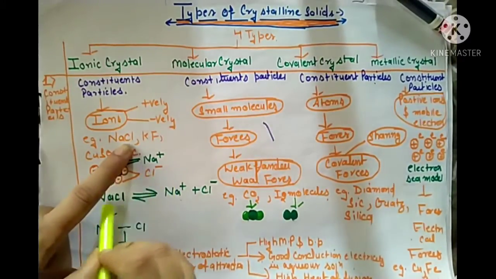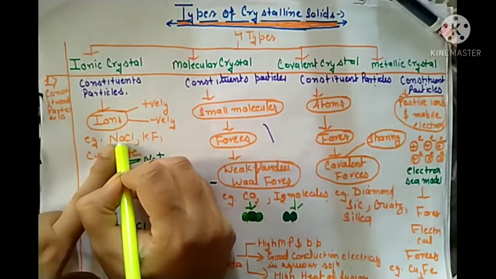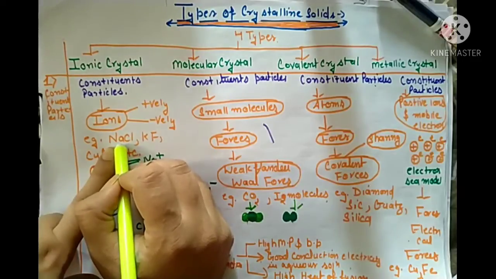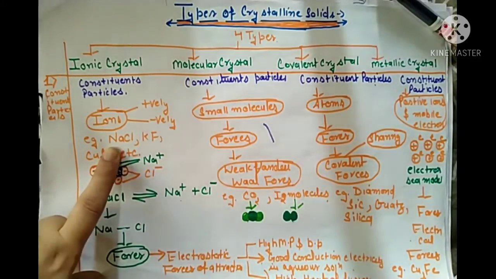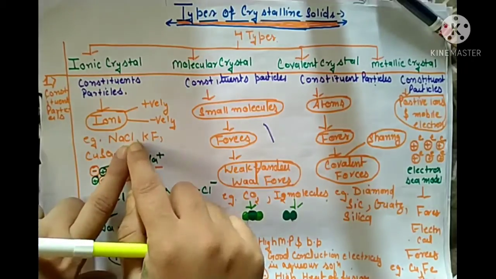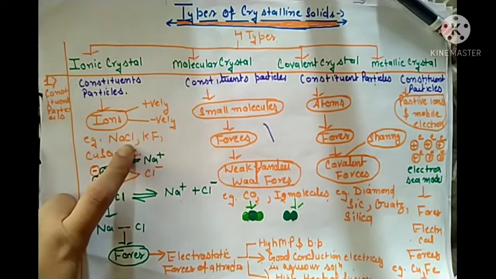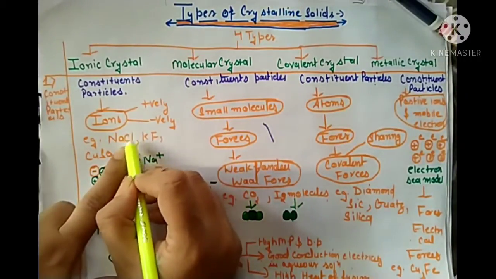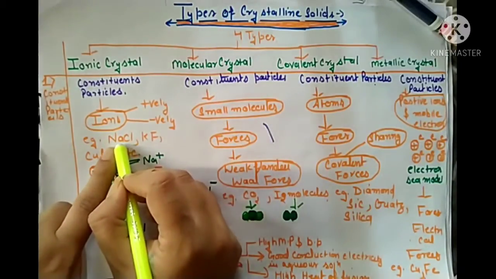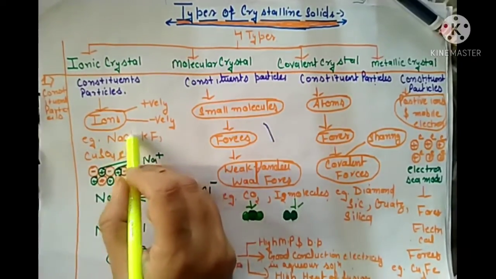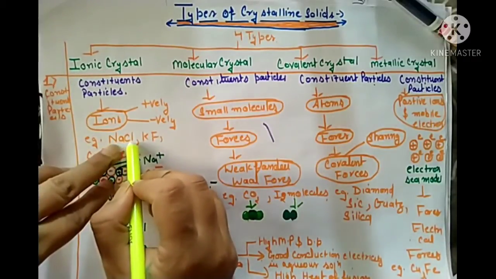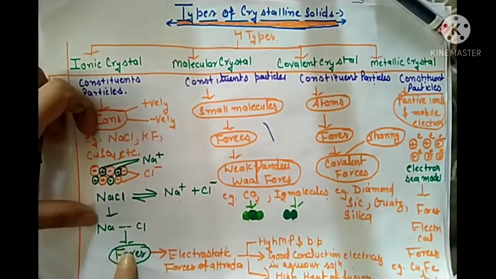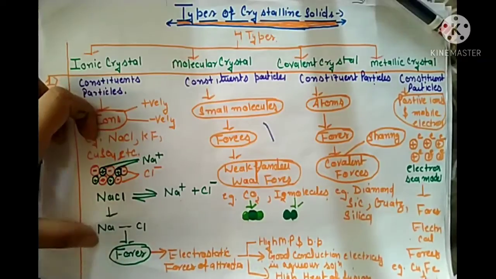In case of NaCl, the Na atom has a tendency to lose one electron because in the outermost shell of sodium it has one electron, and in case of chlorine its outermost shell has 7 electrons. So sodium has a tendency to lose an electron and chlorine has a tendency to gain an electron. So by gain or loss of electron, they form NaCl, and the forces between the ions in NaCl are